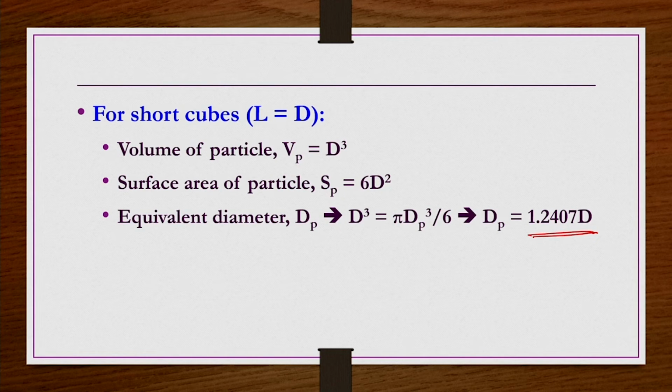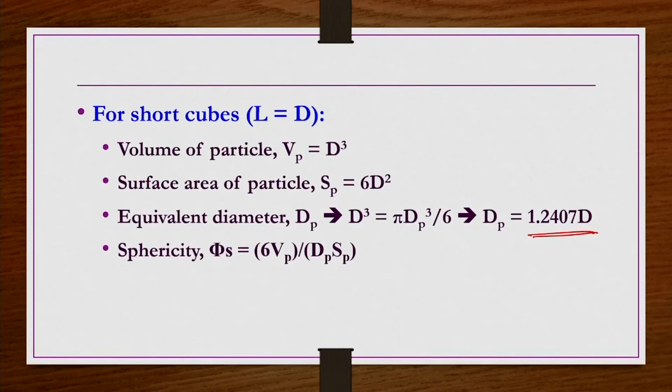If you take two materials, one a sphere and another a cube, of the same volume, despite the volume being the same, the surface area of the cube is going to be more than the surface area of the sphere. The reason is that the equivalent diameter of the cube is more than its original size d: the equivalent diameter is 1.2407 d, 0.24 times more than its original size, right. So, that is the reason the surface area of the cube is going to be higher compared to the surface area of the sphere of equal volume.